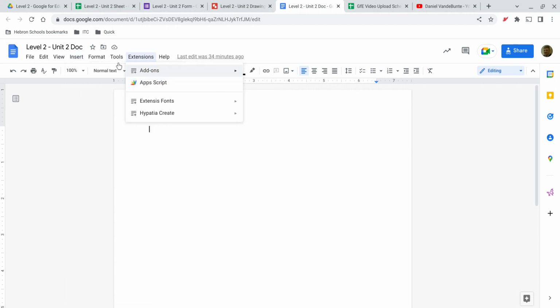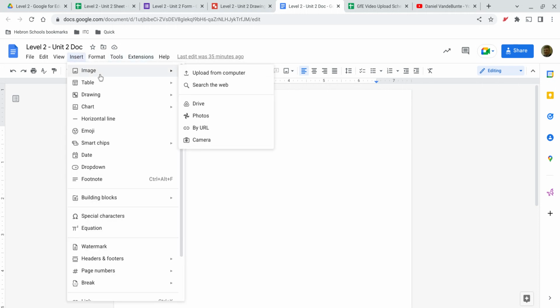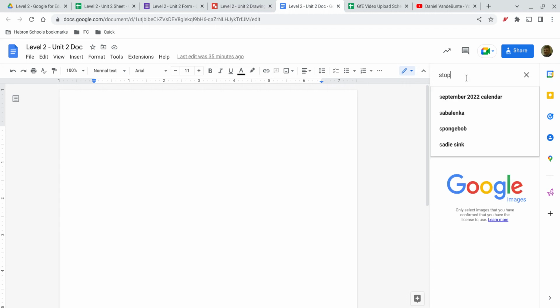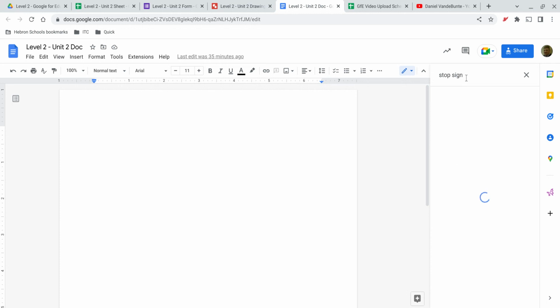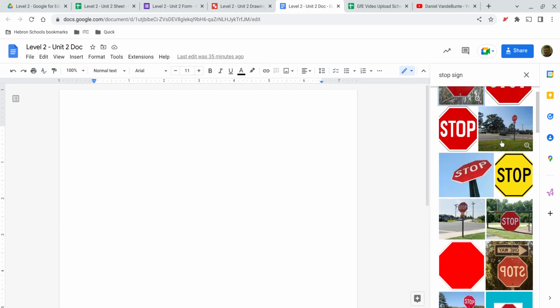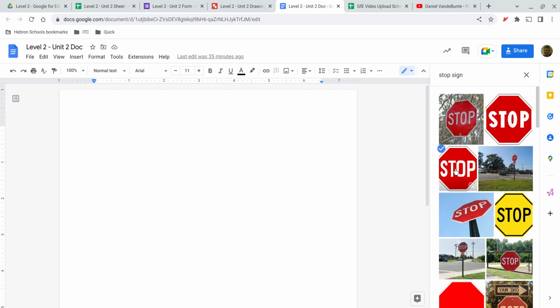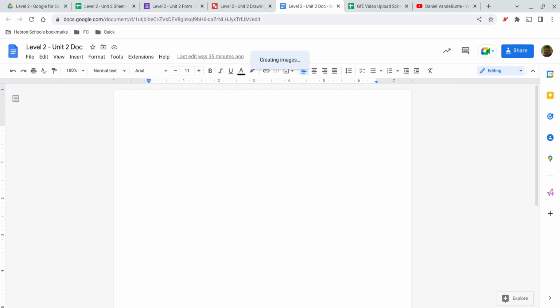So let's go to Insert Picture, Image from the web. And let's say we want to add a stop sign. All right, so we get a number of different stop signs we can add. Maybe we want it to be the hexagon or the octagon without the word stop on it. Maybe we just want the stop sign. Select it, click on Insert,